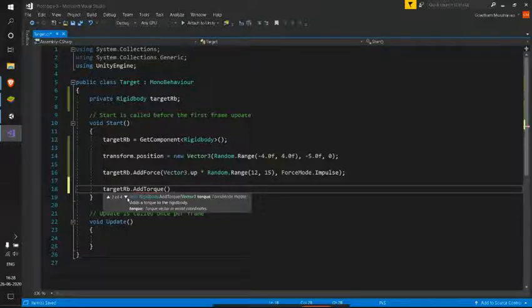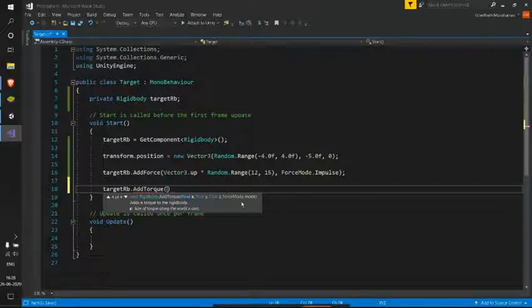And for this torque we'll be using this particular thing. We'll be giving 3 floats, one in x-axis, one in y-axis and one in z-axis, and we'll be giving force mode also. So using these floats, this particular torque will be applied on that particular axis.